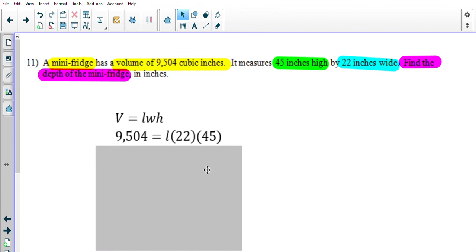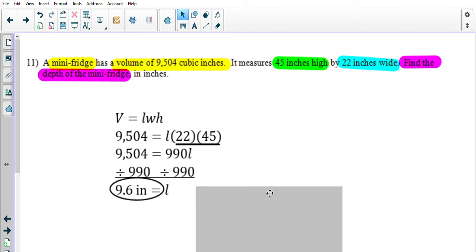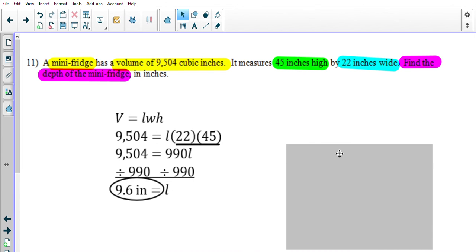So let's replace V with 9,504. That's the volume as given. We're going to leave L as it is. Again, it doesn't really matter which variable you solve for here, as long as it's either length, width, or height and not the volume. Our width we're going to replace with 22. Our height we're going to replace with 45. So the first thing I did was 22 times 45. So that gets me 9,504 equals 990L. Divide both sides by 990. And the length, or again, if you want to consider it the depth of this mini fridge, will be 9.6